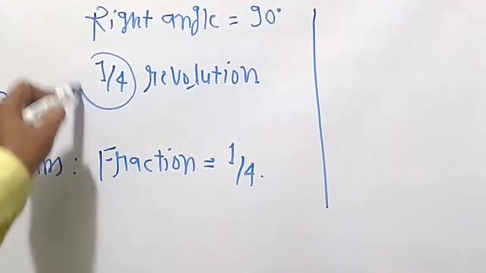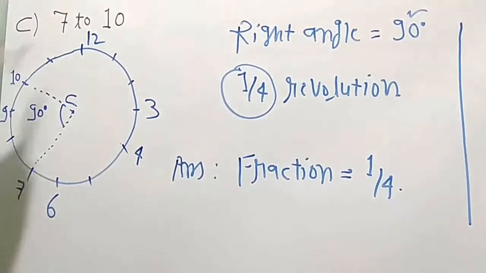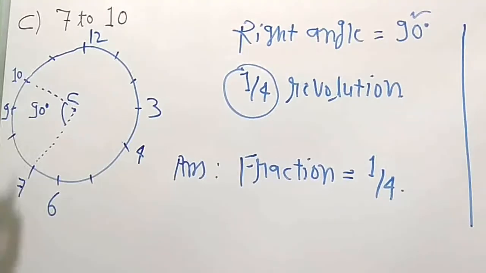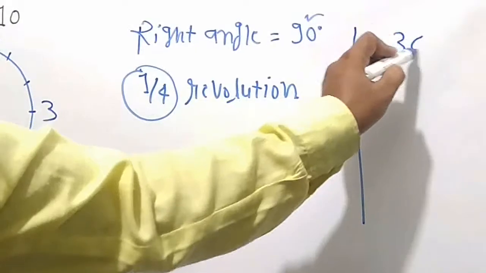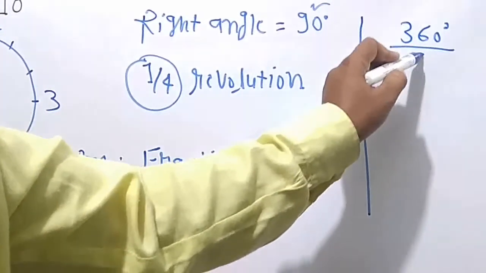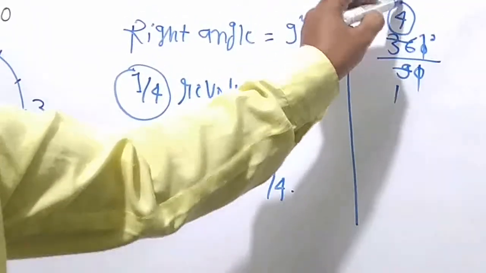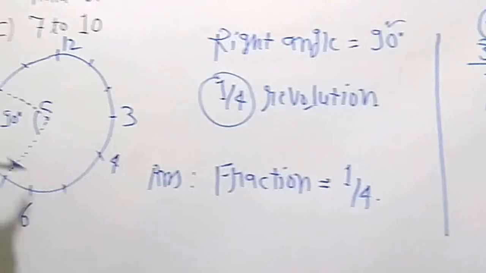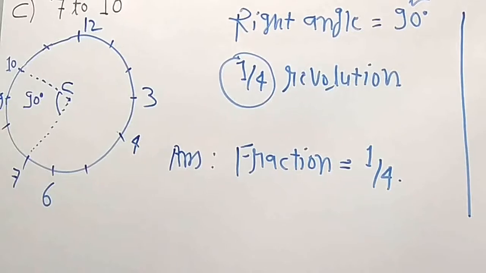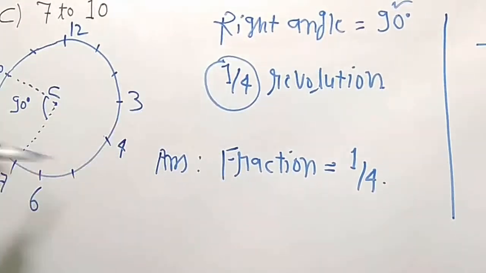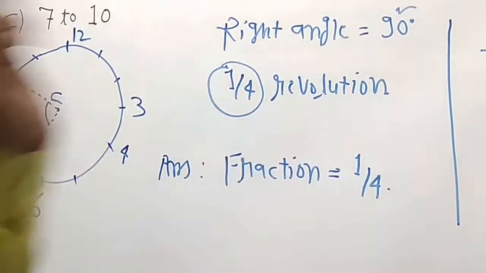How do we derive this 1/4? It is 90 only. Here it is a circular path. A clock looks like a circle, and a circle has an angle of 360 degrees. So we divide 360 degrees by this 90. 0 is cancelled with 0. 9 1s are 9, 9 4s are 36. This is 4. So there are 4 parts in this whole path and we are talking about this one only. That's why 4 is our denominator and 1 is our numerator. That's why the answer of this fraction is 1/4.